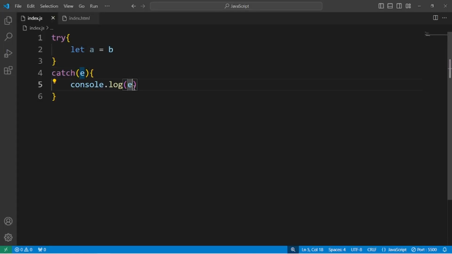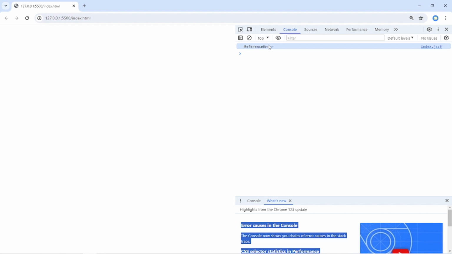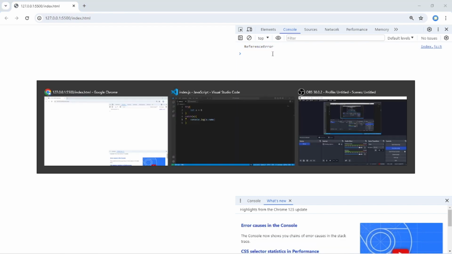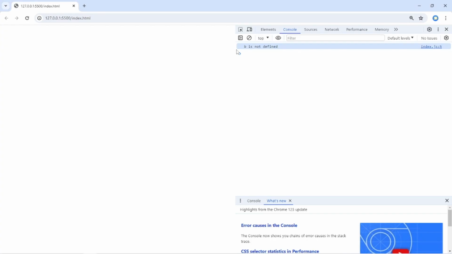So that's how this thing works. But e.name, let's try e.name. So it gives right there the reference here. So that's basically the object's name. And if we want, we can use message. Let's go ahead and use message, and it's gonna say b is not defined